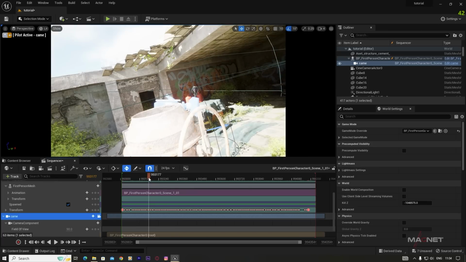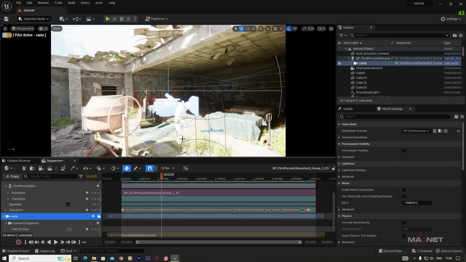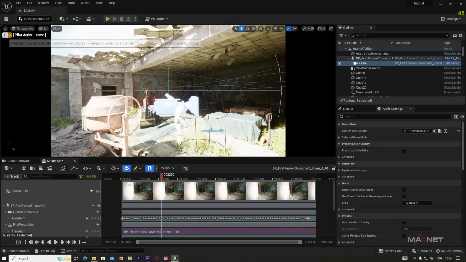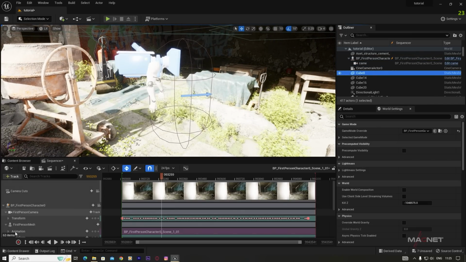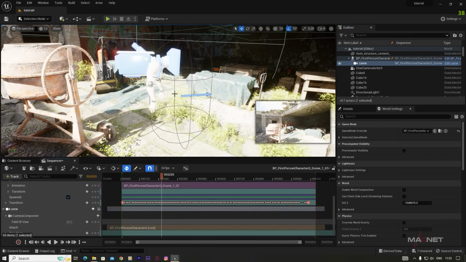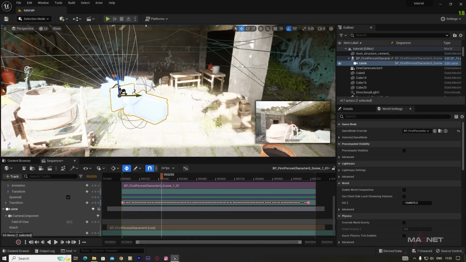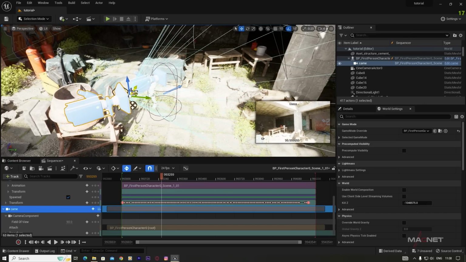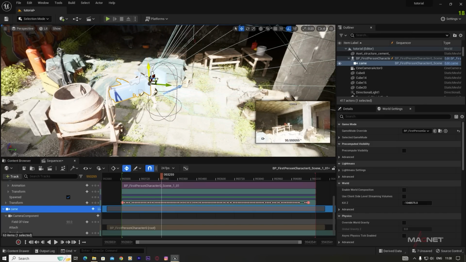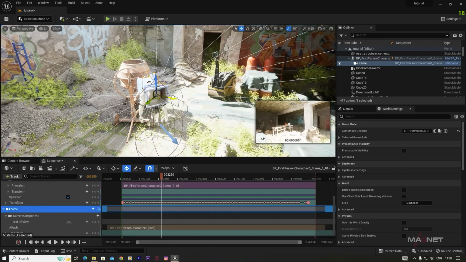Okay, just like this. And now you can see that our camera is attached with this camera, but we have to put this camera to the same place here. So we go outside from this camera view, and then we select our camera here. So here is our camera. We can just move our camera just like this, and it will take a little time to match the actual position here,